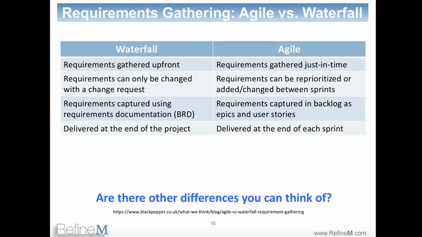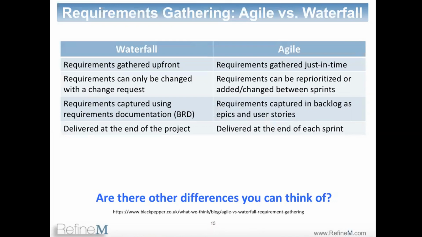And in Waterfall, a requirement can only be changed with a change request. It's a very formal way of changing the requirement, adding new feature functions. Whereas in Agile, it's a very informal way. If any new requirement comes, it goes into the backlog, gets reprioritized. You can add requirements, change requirements, whatever is important to the customer. It is customer focused, so whatever is important to the customer,